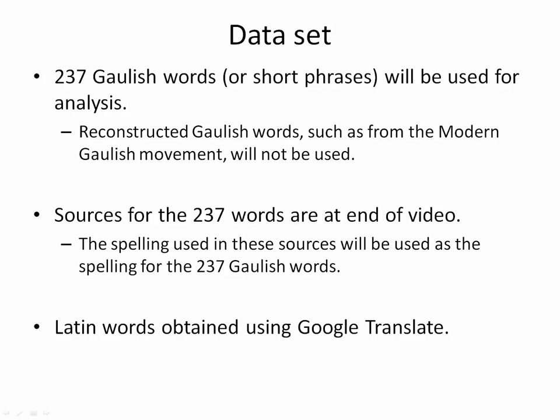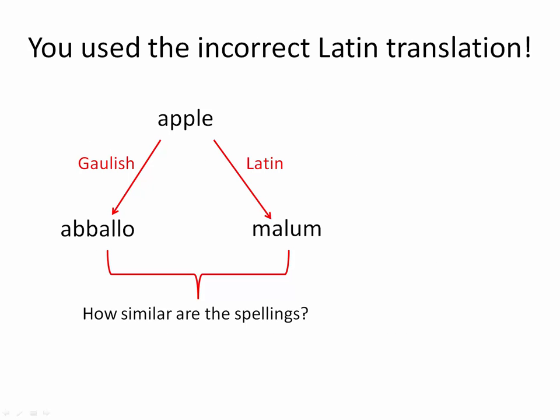The spelling used in these sources will be used as the spelling for these 237 Gaulish words in this analysis. Note that Latin words were obtained using Google Translate, and I'll explain how this was done later in the video. Before I go any further, I would like to retouch on the situation I previously presented here. Some viewers may raise the concern that I have used an incorrect translation. It is potentially fair to suggest that maybe I should have used the Latin translations of ponum or popula instead. This may be correct. I do not speak Latin, and this is why I will be using a more flexible